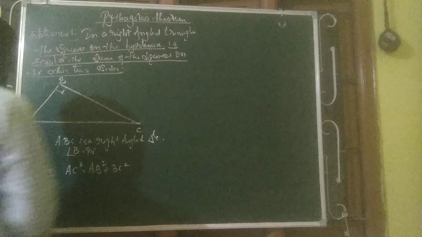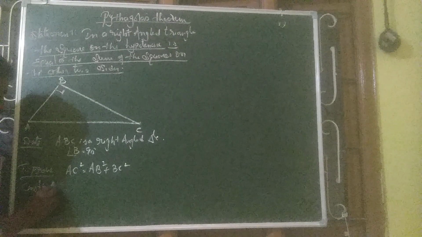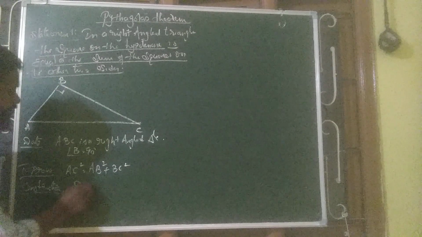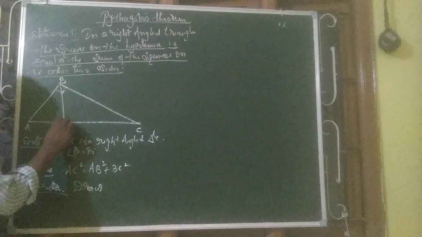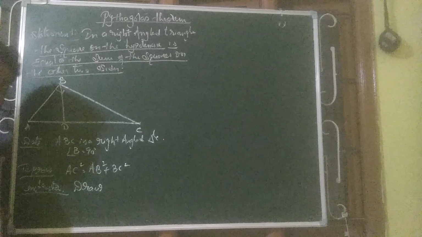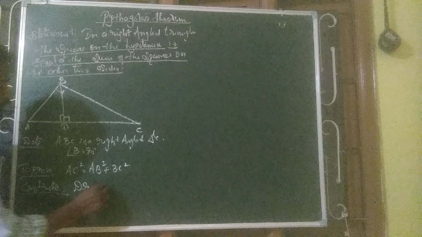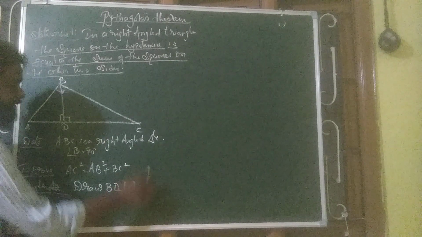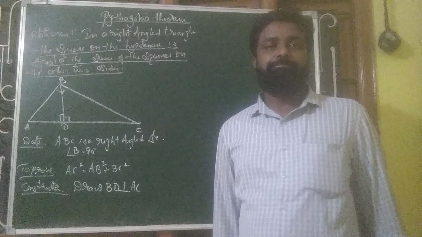What is the construction, see? I will show you here. I write down here first. Construction. What is the construction? The construction is that we draw BD. So this is 90 degrees. So BD is perpendicular to this side AC. BD perpendicular to AC. Okay, perpendicular is 90 degrees.